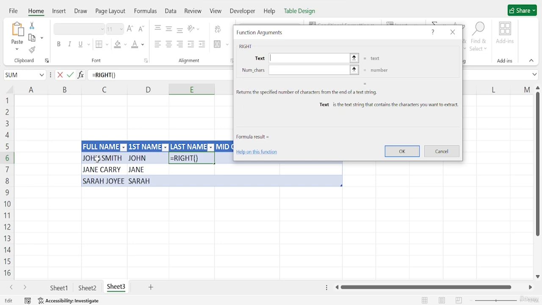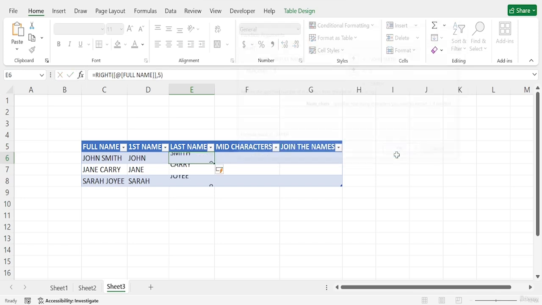I will select the text, and in this case I will choose 5, and if I press OK, it appears for the other full names. So this is Smith, this is Carey, this is Joy.